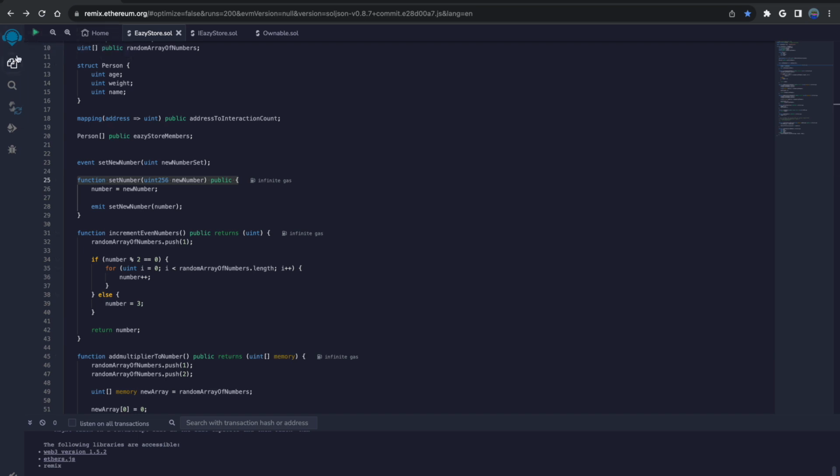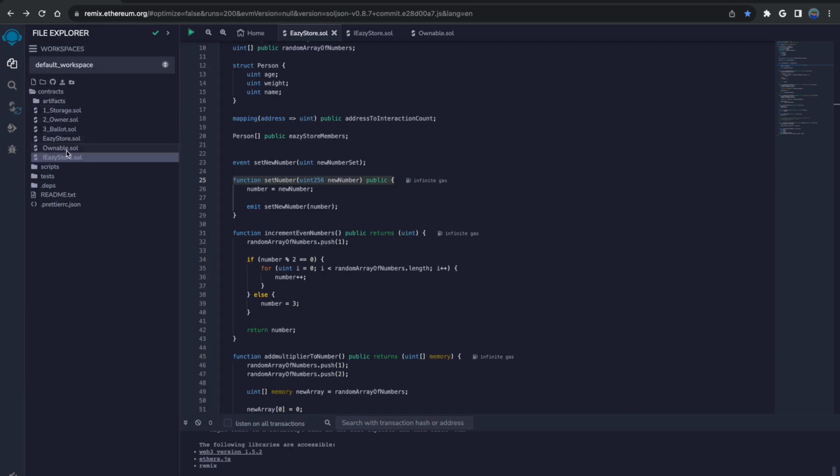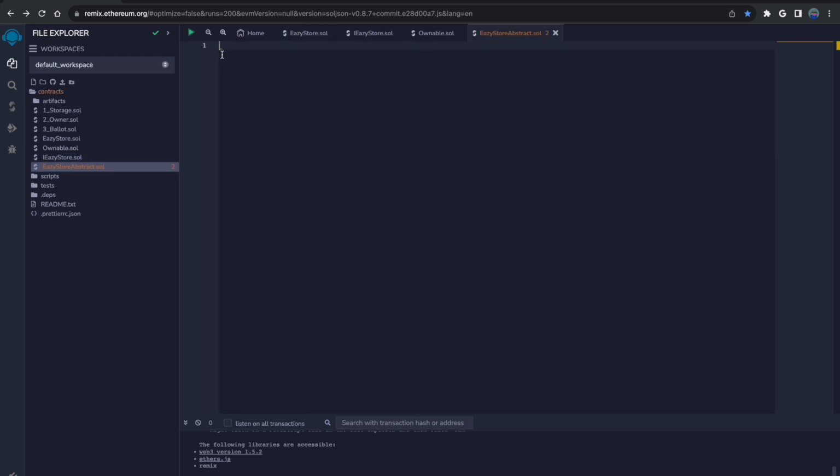Let's actually show this example here. Let's create a new contract, and we're going to say Easy Store abstract .sol. You would do everything you need to do here, but what you would do is say abstract contract and then name it.